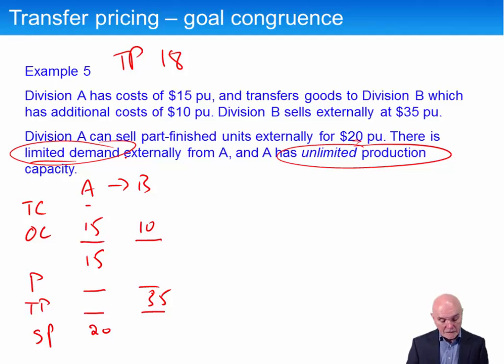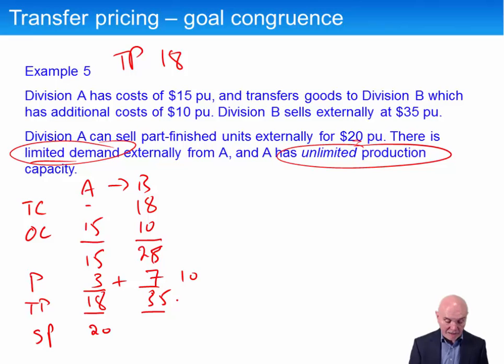Okay, so that would work. We could have a transfer price in here of 18. That will give this a profit of 3. We're eventually selling up in here at 18. We have got 28 in there. That's going to give us 7 there. That's going to give us 10 profit. And we know it's going to give us 10 profit.